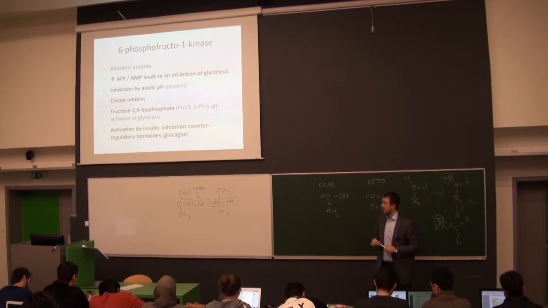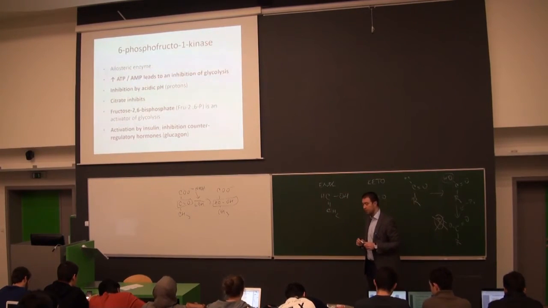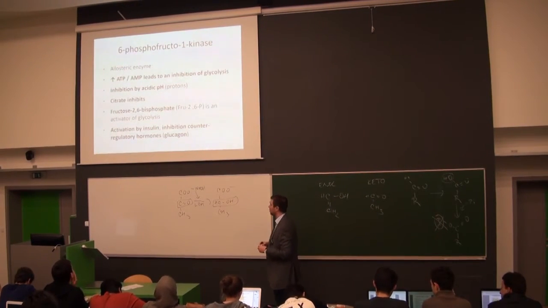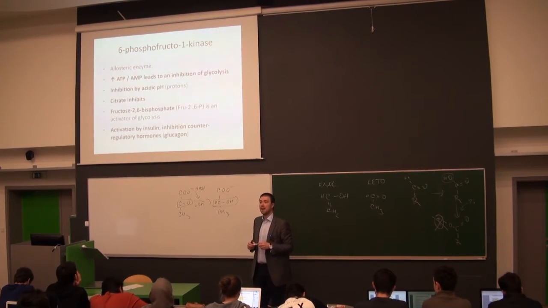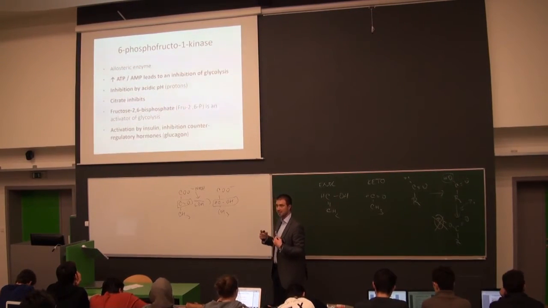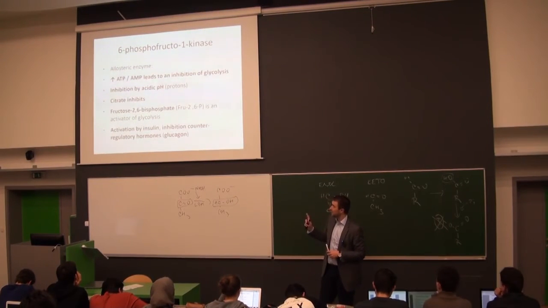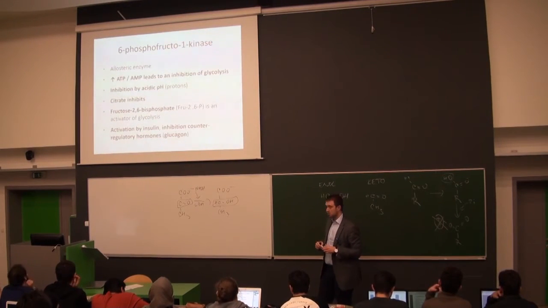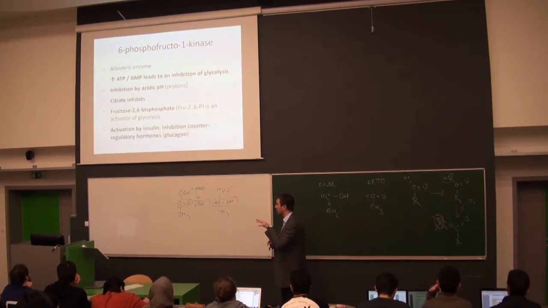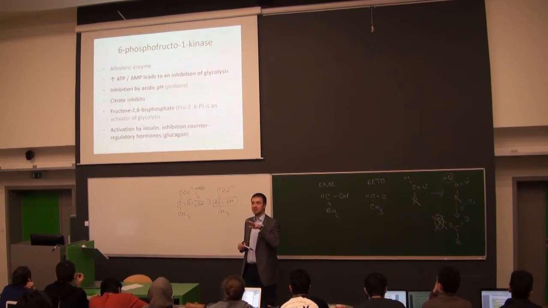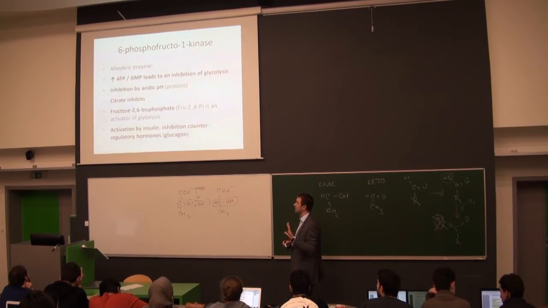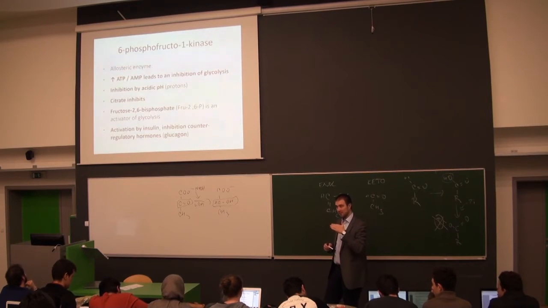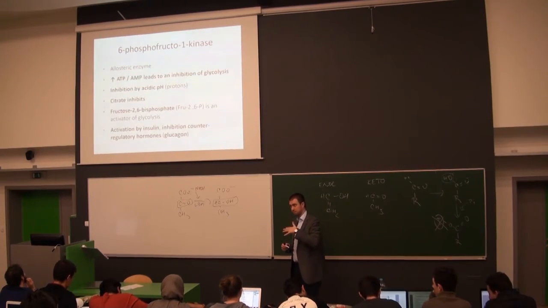The last intermediate is called fructose 2,6-bisphosphate. It's similar to fructose 1,6-bisphosphate, but 1,6-bisphosphate is inside the glycolysis, and 2,6-bisphosphate is a regulatory intermediate. It's produced by a shunt by one enzyme that has dual enzymatic activity. You have one enzyme that's producing fructose 2,6-bisphosphate, and the same enzyme can also do the degradation.